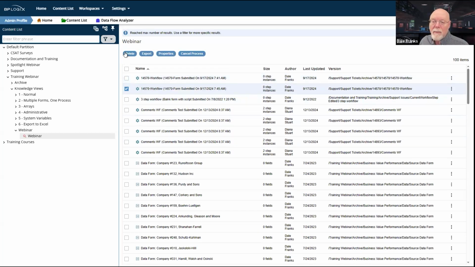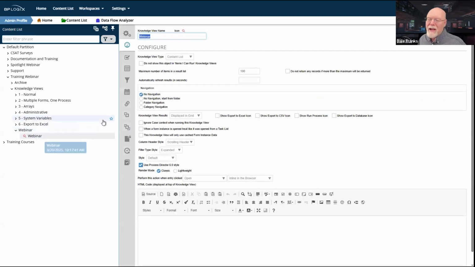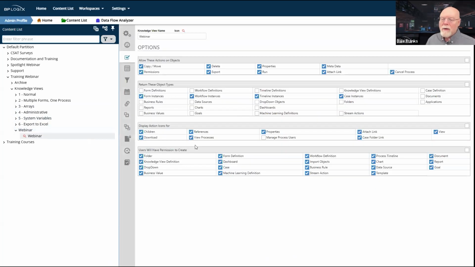If I click this checkbox, I now get prettier, but still dangerous buttons up here at the top. I've got a 3-dot menu over here, which actually contains my properties, references, and view processes as a drop-down. And so here I have, since it's a form instance, the fourth option for view. So just because it's prettier than the ugly old style icons over here, I still don't want people to do this either. So I do have to limit what my end user has access to do from this options tab.